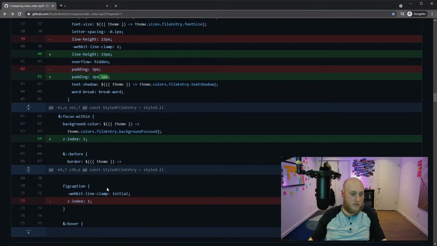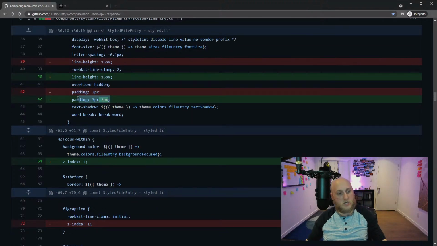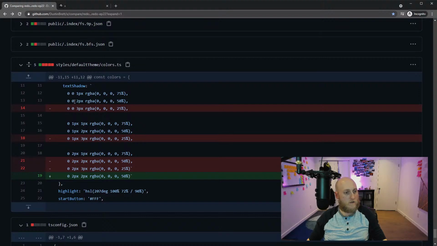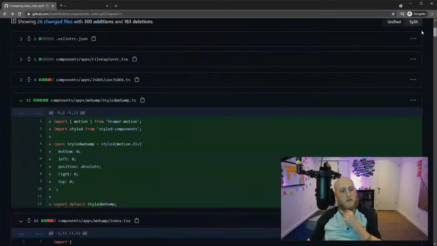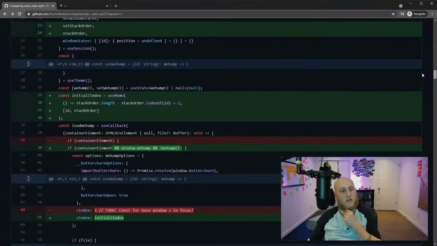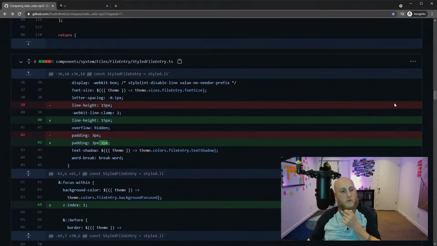There were 2 parts to this. Yeah, I'm going to ignore the z-index for a second, but I remember I changed the padding here, and I also changed the shadows themselves, which I think is at the bottom of this here. Yeah, here. So for the icon shadows, I got rid of all the 3 pixel pieces so that it was only the shadows made up of a 1 pixel and then a 2 pixel one. So you know what? I'm just going to do those changes based on my guessology that is what it is. So let's just go back to the code here.